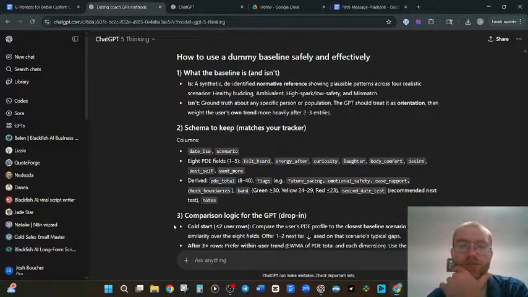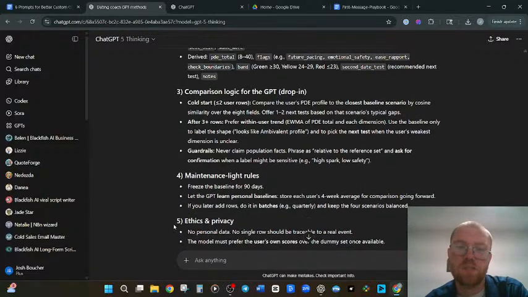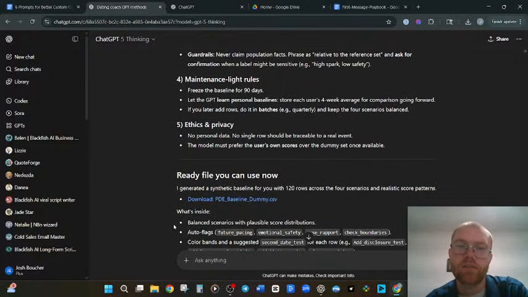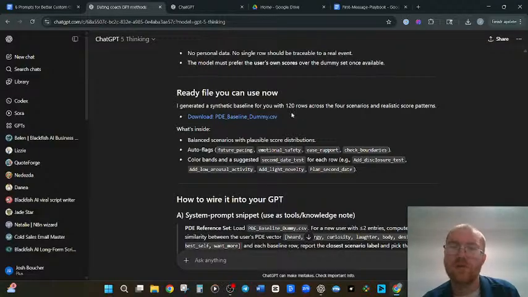Okay, this is sounding good. The GPT should treat it as orientation, then weight the user's own trend more heavily after 2 or 3 entries. Schema to keep. Comparison logic. Maintenance light rules. A synthetic baseline for you with 120 rows across the 4 scenarios and realistic score patterns.